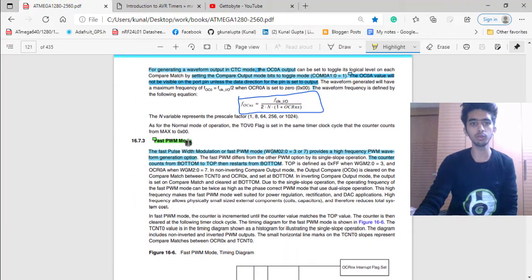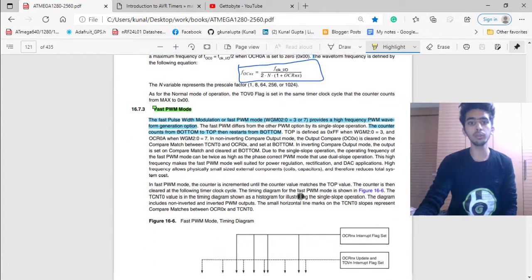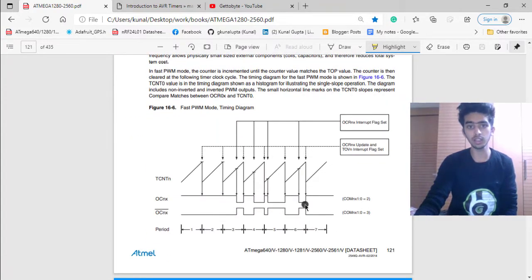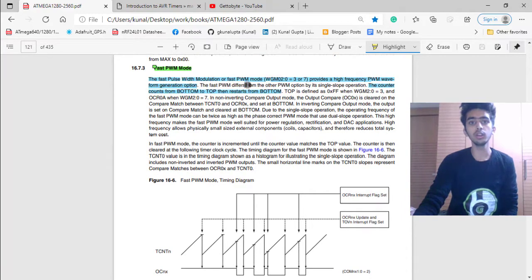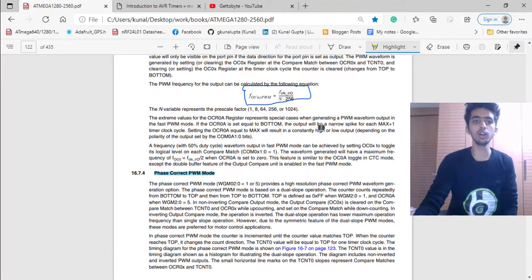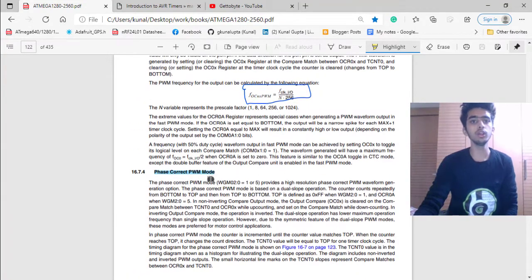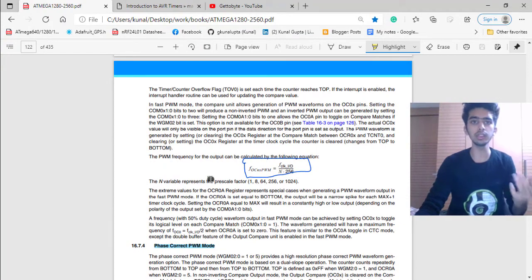Similarly, for fast PWM mode, we generate proper square waves like this depending upon the settings which we have set, or the fast PWM wave on the WGM00, WGM01 or WGM02 bits. And the other mode is the phase correct PWM wave. You can get to know about all these in detail on this website and in the datasheet.